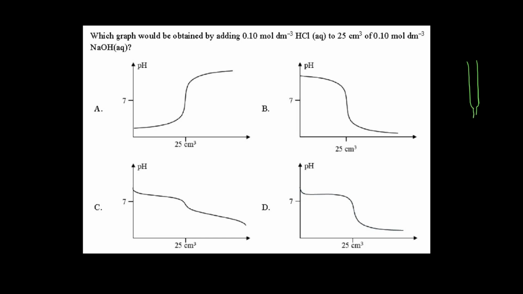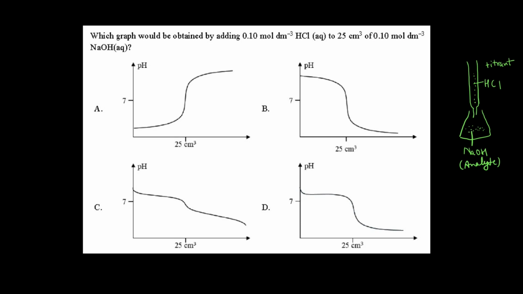so this is my burette and this is my conical flask. So in my conical flask we have sodium hydroxide, and in my burette I have HCl. So HCl is my titrant and NaOH is my analyte. Okay, so